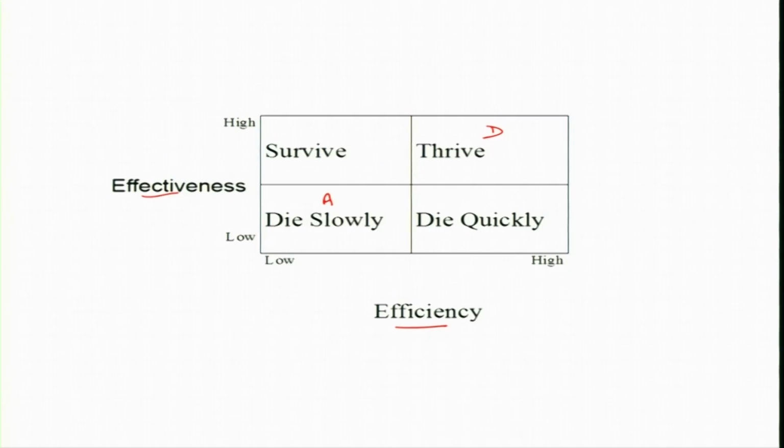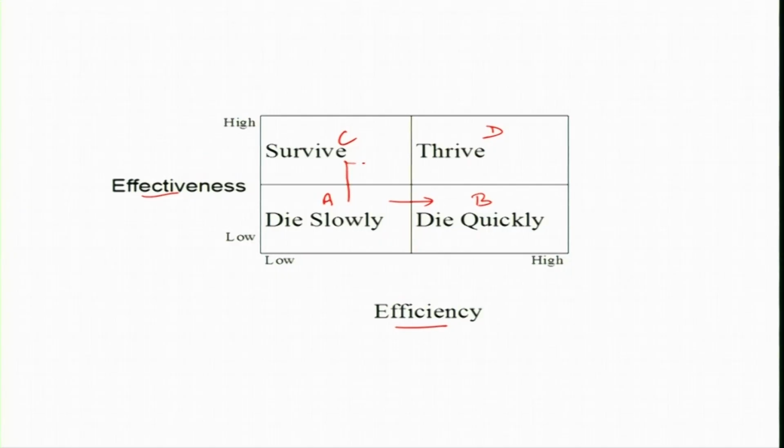Friends, if we increase the efficiency first, that means moving from this cell to this cell, what are you doing? You are doing the wrong things and that too very fast. So, that is not going to work. If you are working like A, you may survive for a few months, but here you are not going to survive for a few weeks if you are doing the wrong thing, that too very fast. So, the route for thriving is passing through C.